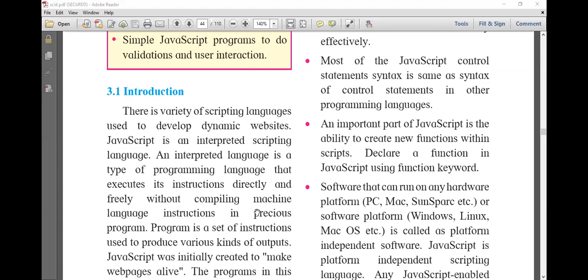The main purpose for which we use JavaScript is data validation. Suppose you are going to fill in a form, and many elements are asked. The first element says write your name, and instead of your name you type your mobile number and jump to the next element.